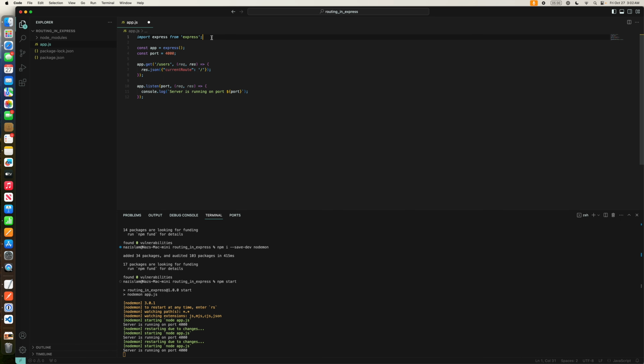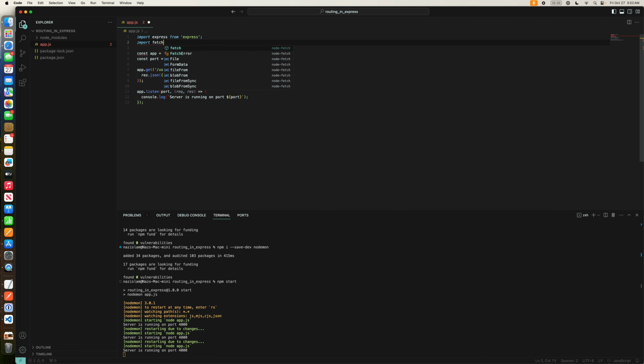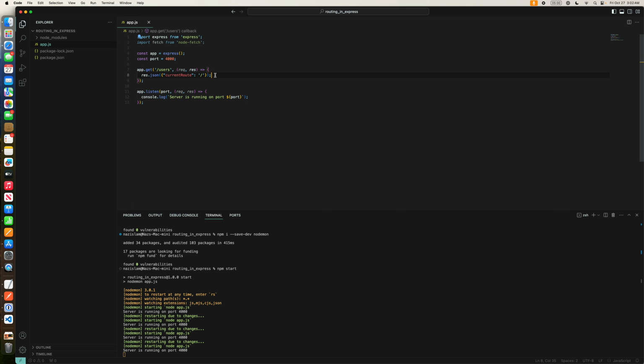And let's also import fetch from node-fetch. So what we're gonna do here is, let's have it this way, fetch the endpoint that we want to call,